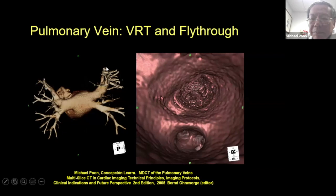So these are some of the images that we use the CAT scan for, and this is one that I did many years ago, where you can see the back of the heart and the blood vessels coming in from the lung. These are the pulmonary veins. And this is very important. If you go to medical school, you'll learn that these veins are often the cause of irregular rhythm. And in order to stop the irregular rhythm, we need to take a picture of the heart and the veins and see how they look,